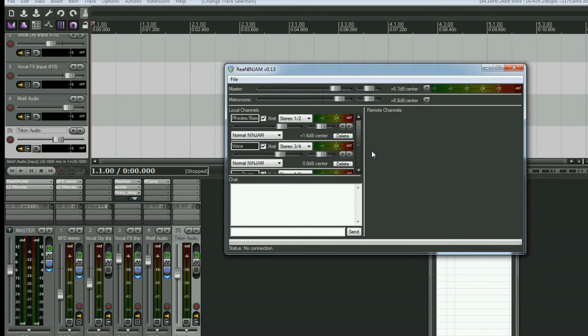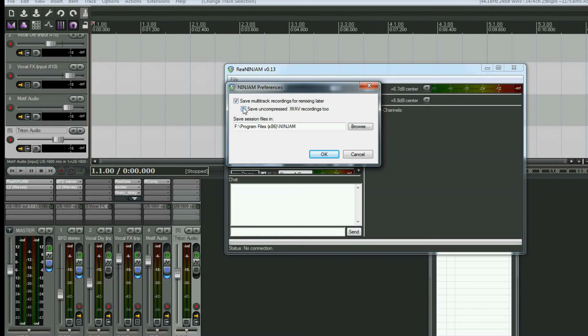The way you do that is you'll notice the file menu up in the upper left-hand corner there. That's this right here. I click on that, and before I go to connect, I go to preferences and save multi-track recordings for remixing later, and then I put the place where I want to save these to. And I suggest you don't save it to the same drive that your operating system's on. It should be on another drive because your operating system drive is already busy enough running your operating system and